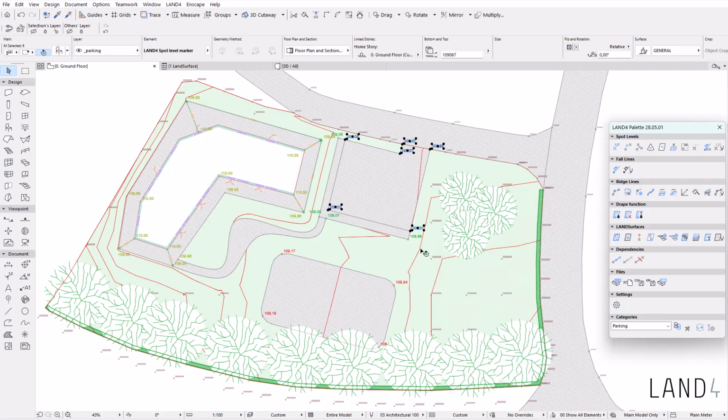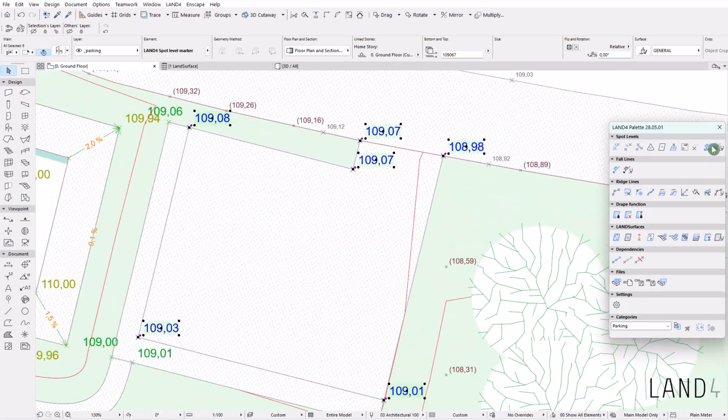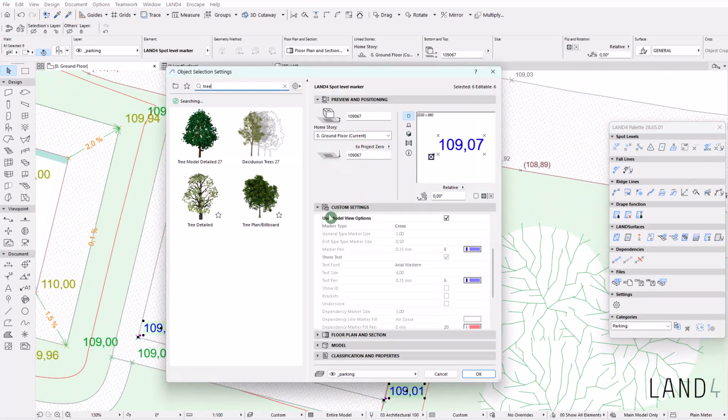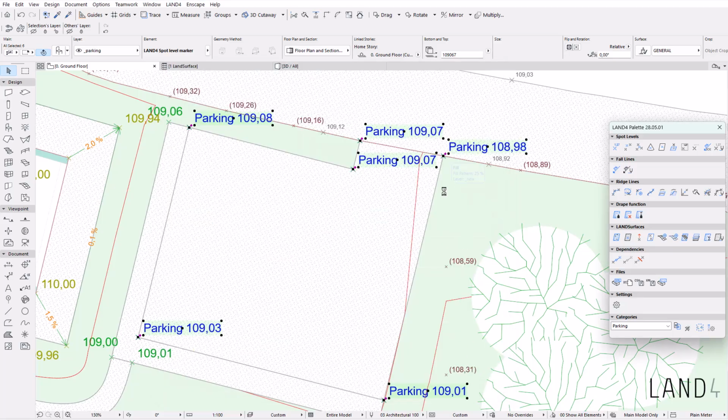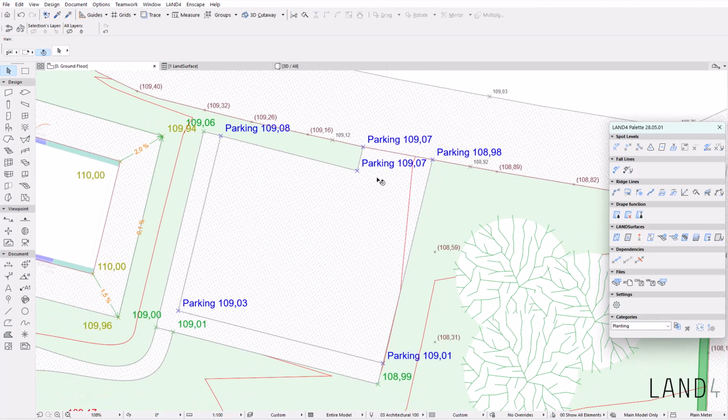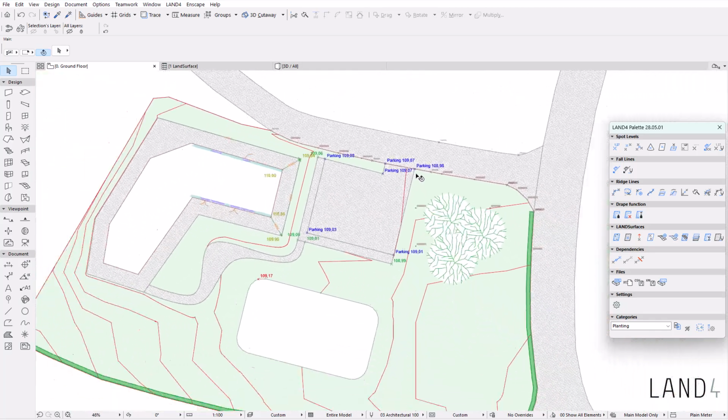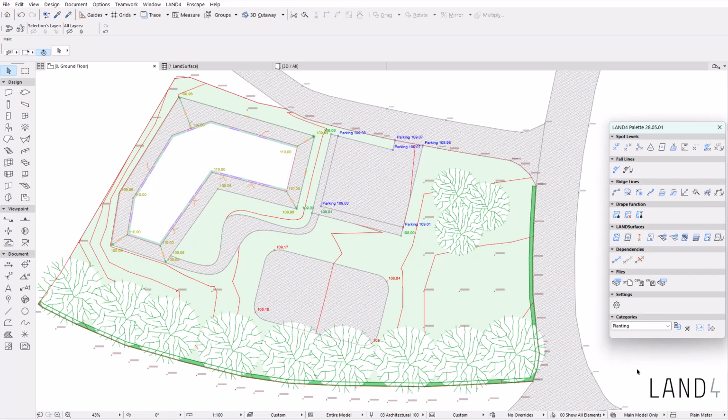So now I have the spot levels selected. I can access the spot level settings, the selection settings, and add some text for the prefix or the suffix of the point. For instance, parking. The spot levels used to create the parking now have a text defining their functionality.